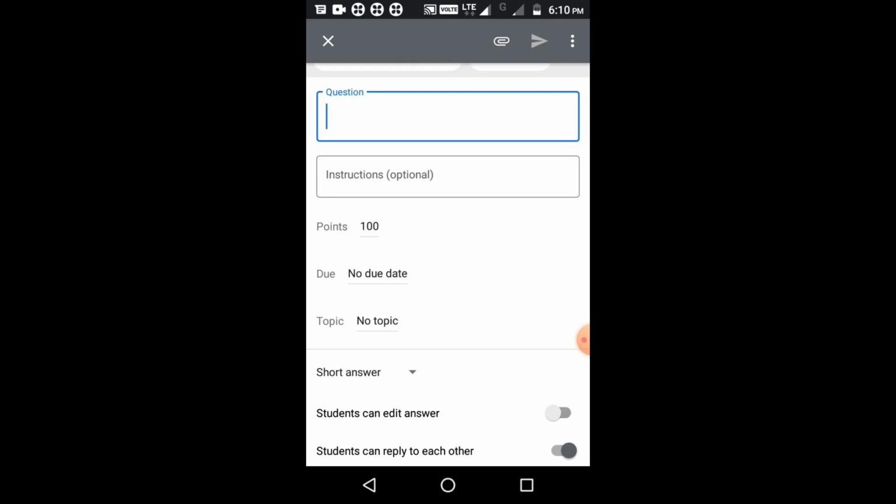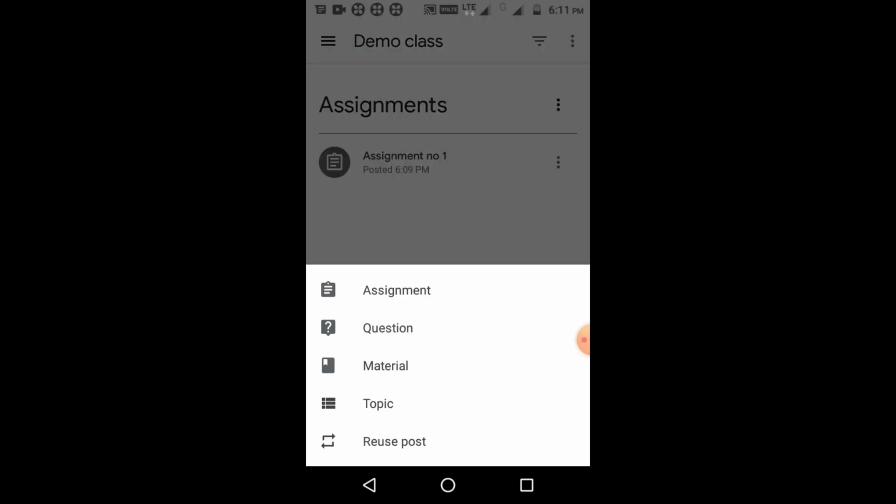At the bottom you have two types of answers, short answer and multiple choice answer. You can select either of these two as per your requirement, and you can share this question with your students. So in this way we can share the questions with your students.